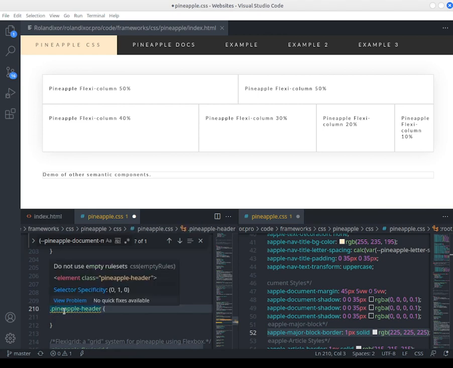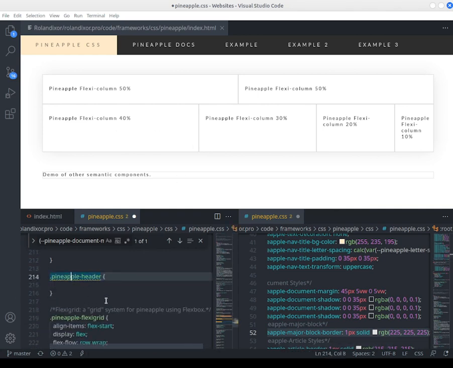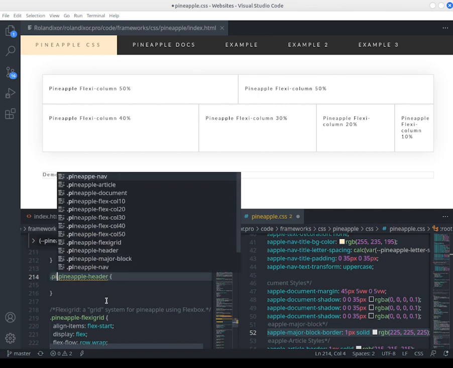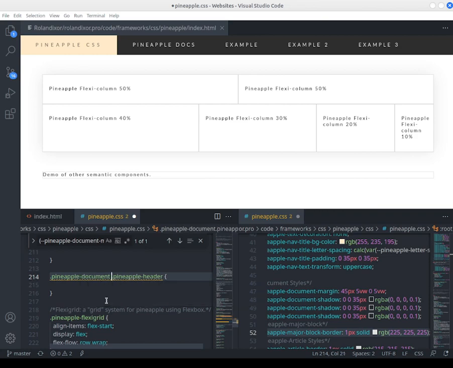I'm gonna have two different styles for this. One will be for a header that's just by itself anywhere on the page, and the other one will be in major block. So I'll duplicate that and add major block. Oops, that's document. Right, so